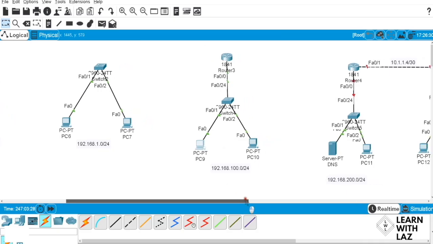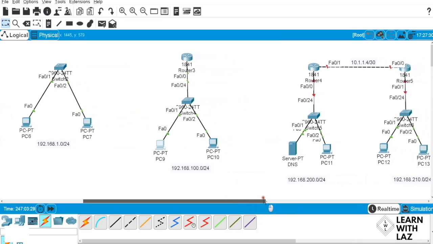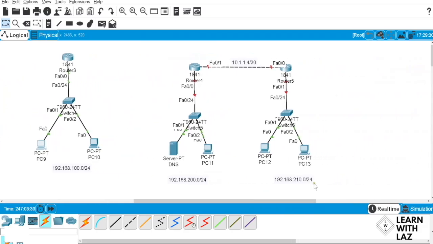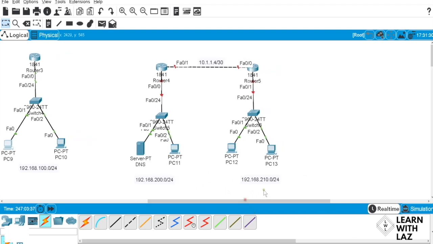But for those of you that just don't want to do that, just because. Okay, so here we're going to have a bigger network. Here we're really going to see what happens if these guys are DHCP enabled and you have a DHCP server here. You can see this is DNS. I'm actually using a DNS server now, so we can use it.